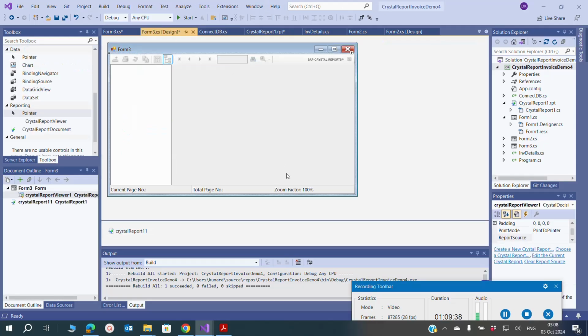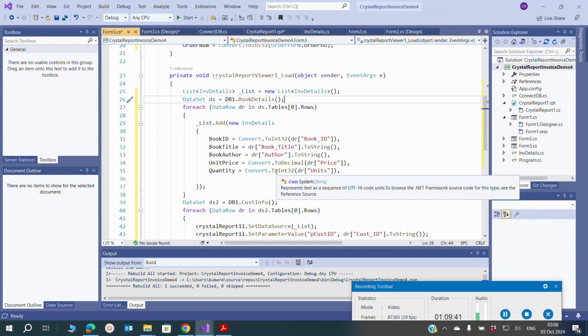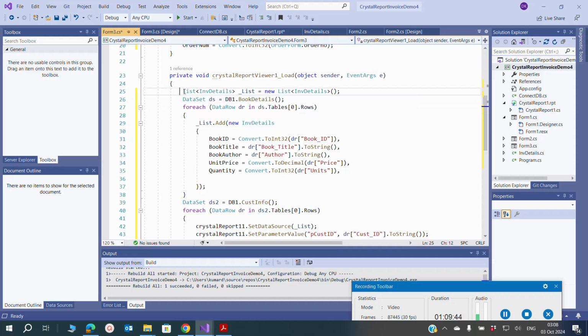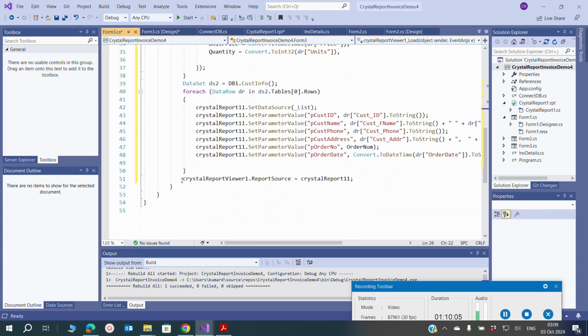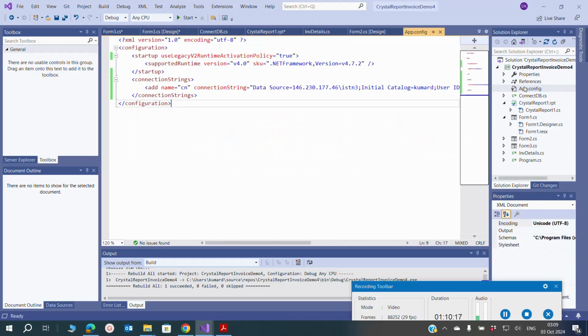Once we have done this, we have created a list of this and given the invoice detail as an object parameter to this list. And then we have accessed these data sets, book details as ds, and customer info as ds2, and in the end we put crystal report viewer as report source to the crystal report. Now what we are missing is one entry into the app.config file, where we need to add